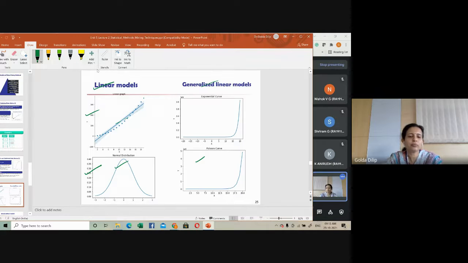So what we are trying to do is generalize a linear regression model, which can be applied in many cases. That's the reason why we call it a generalized linear model. I hope you have understood the difference between a linear model and a generalized linear model. Here the relationship cannot be modeled as linear. It cannot be a straight line. You can see here it's not a straight line, it's an exponential curve. And the error distribution also may be different. So it can be applied in many cases. That's why we call it a generalized linear model.